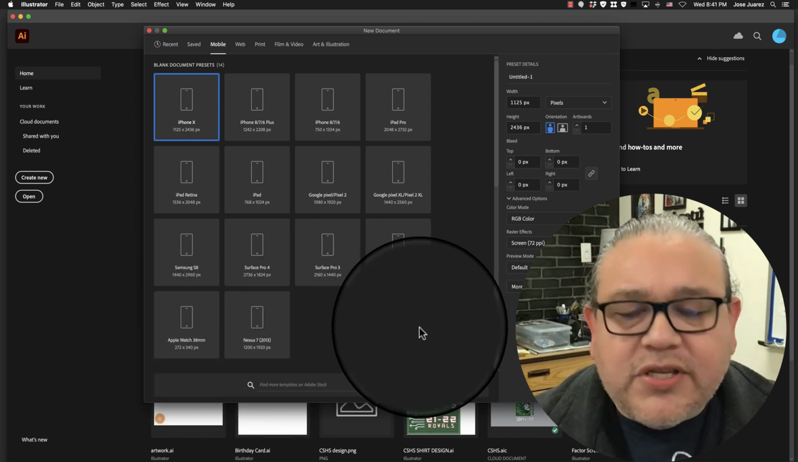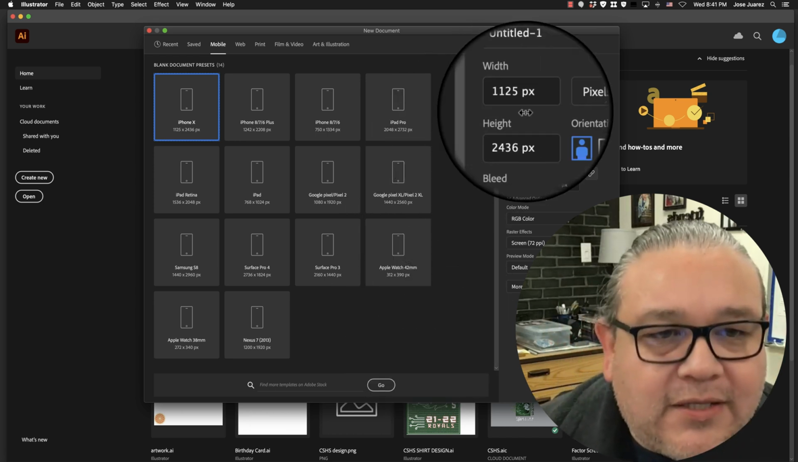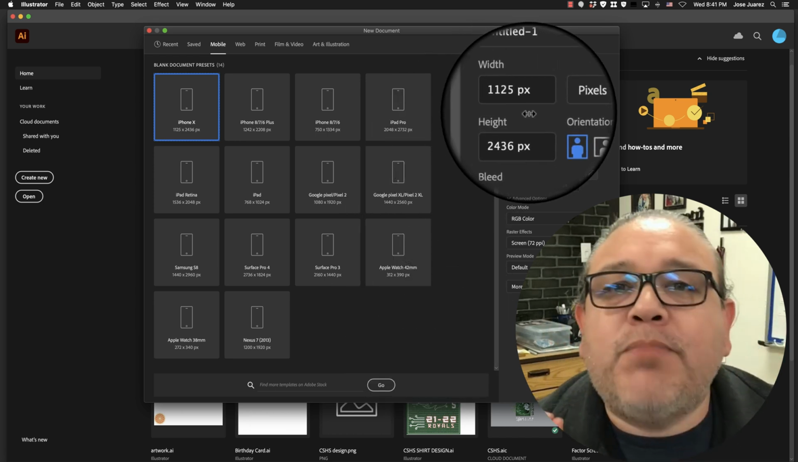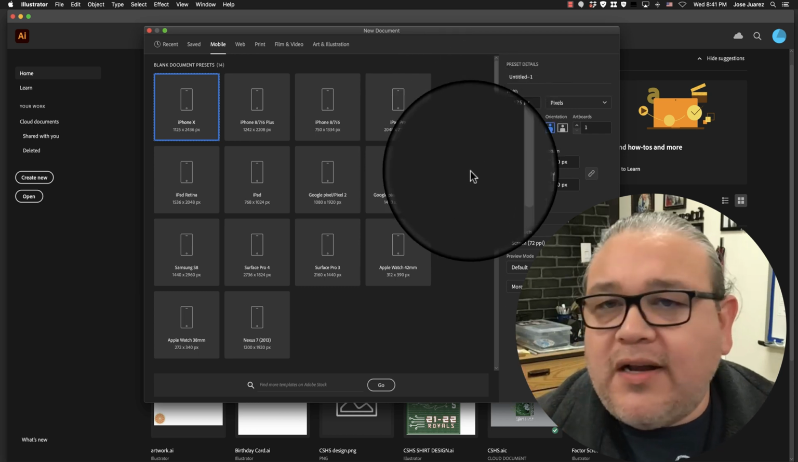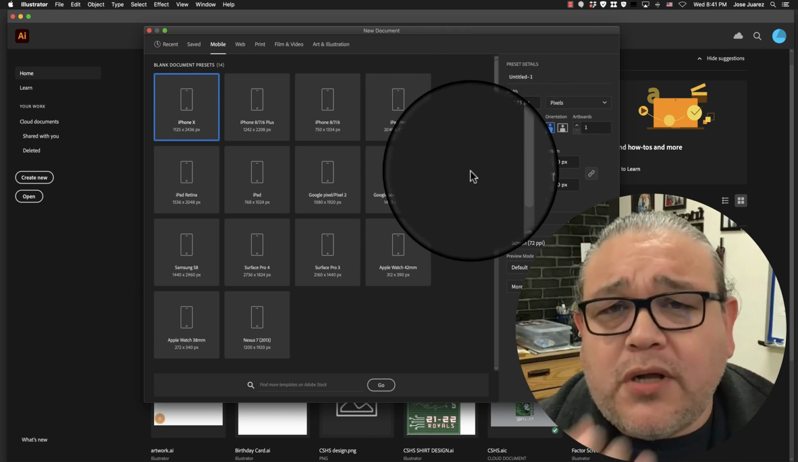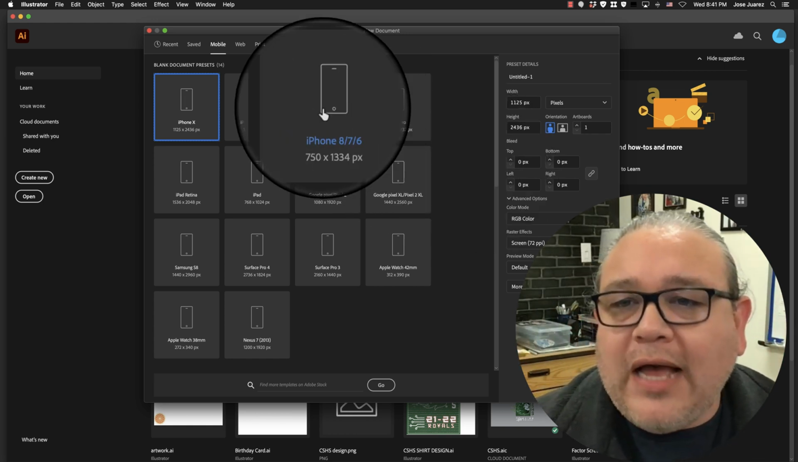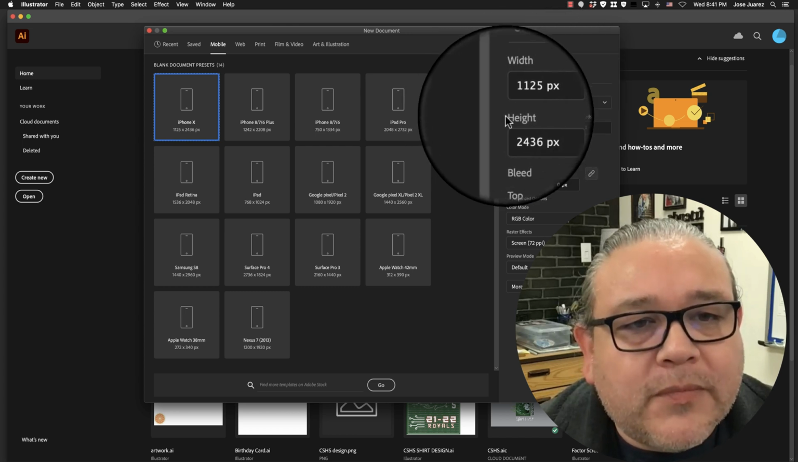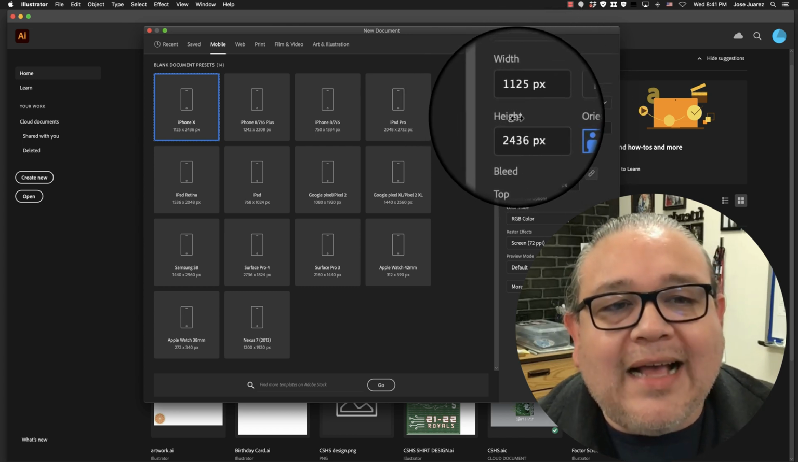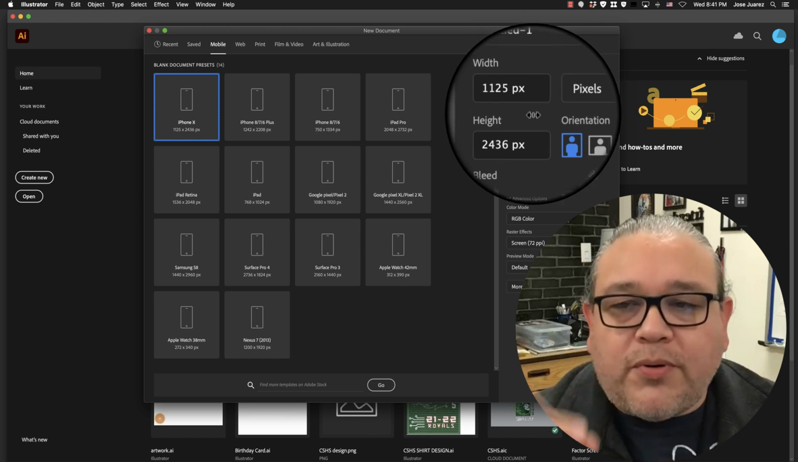Now, let's just say your phone isn't on here. We're working with the PX, right? This little PX sign right here. That means pixels, right? You have to know what pixels are, and it's easy as a Google search. You can say, what's the resolution on my phone? And look up your phone on Google. You'll be able to find the resolution. If you don't have it here, you could just enter the resolution here, width and height, right? And then you can basically customize your own personal